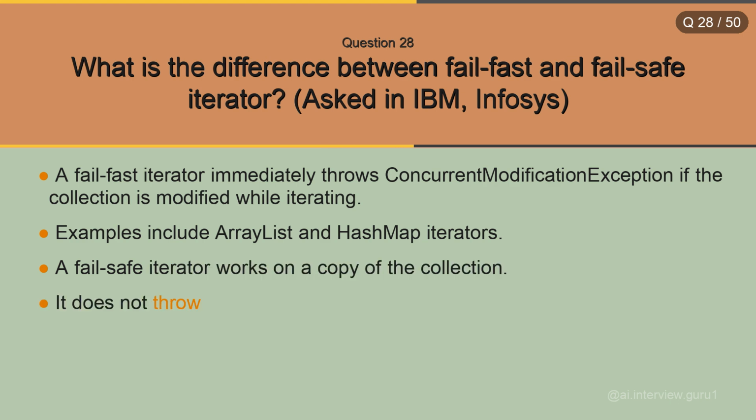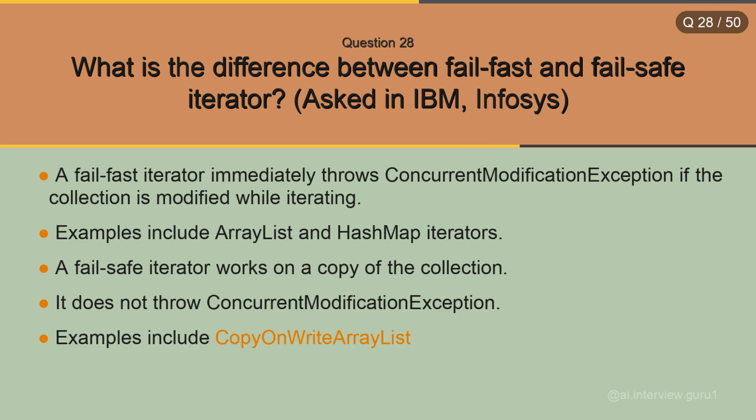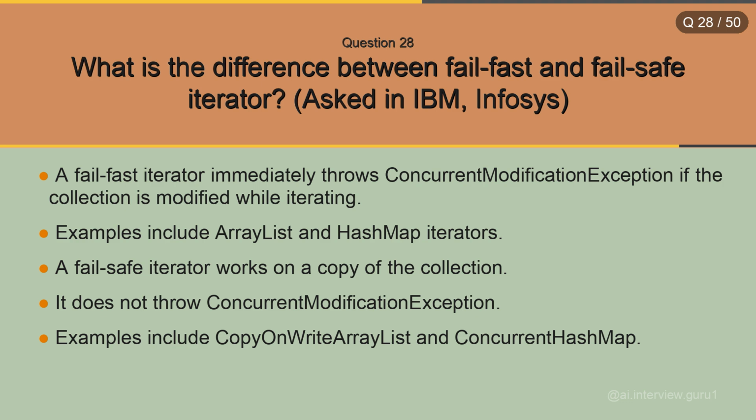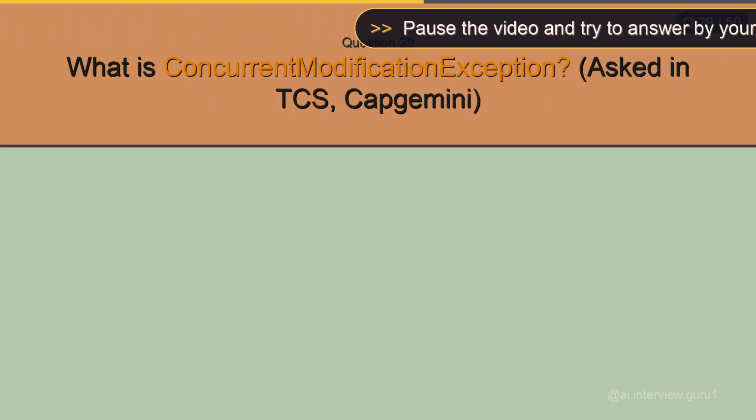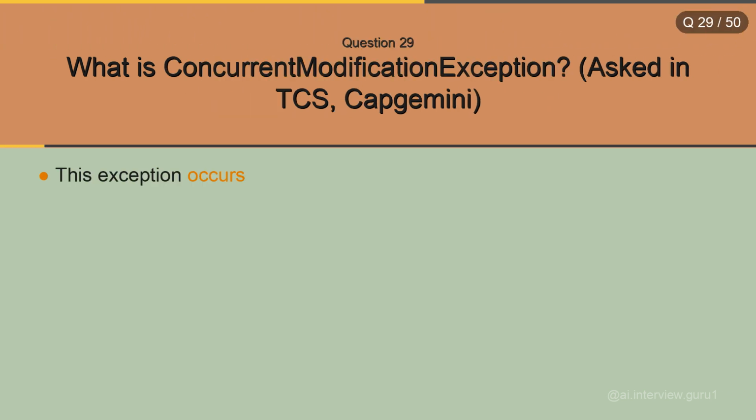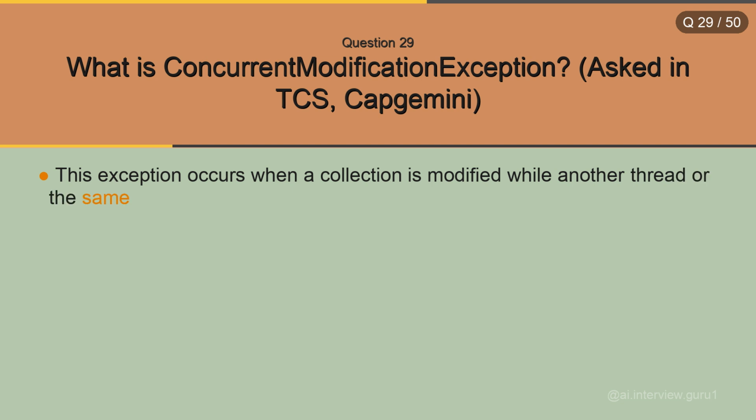It does not throw ConcurrentModificationException. Examples include CopyOnWriteArrayList and ConcurrentHashMap. Fail-fast detects problems quickly. Fail-safe allows safe concurrent modifications. What is ConcurrentModificationException? This exception occurs when a collection is modified while another thread or the same thread is iterating over it using